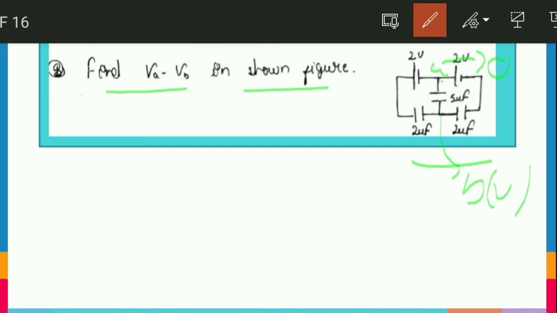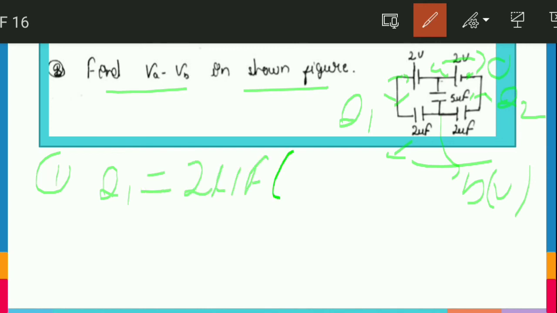So the similar thing we will do. Let's say this battery sends a charge of Q1, and this battery sends a charge of how much? Q2. These are two batteries. So what we will do, we will write our Q equals CV equation for three capacitors. So let's say for this capacitor first, what we can write, friends, it receives a charge Q1, and it is equal to C, its capacitance is 2 microfarad, and the potential difference around it, what will it be, friends? It will be V minus 2. And you can see from the figure how I have written it.